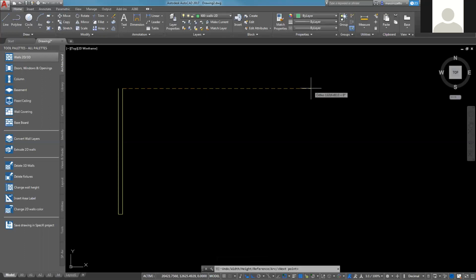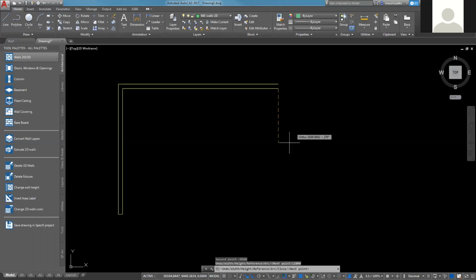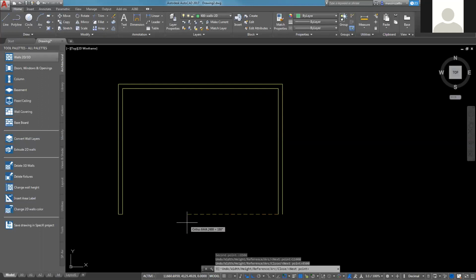I can move the mouse to the right, typing for example 8,000 or 10,000. Enter. Then I can move down 8,500. And now, if I want to close my wall, I don't need to draw also the last side of